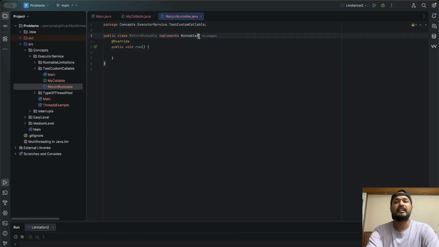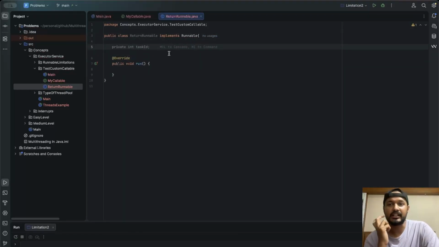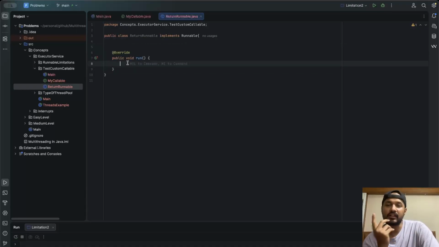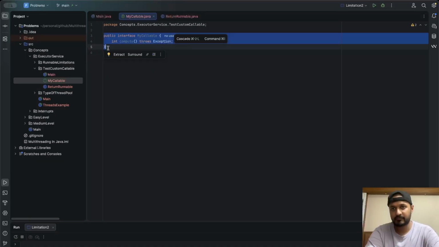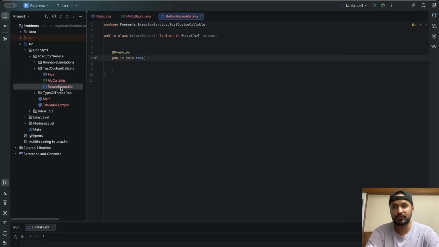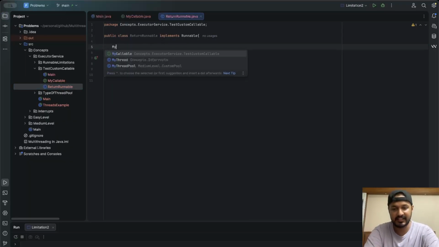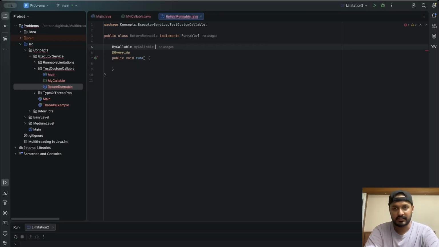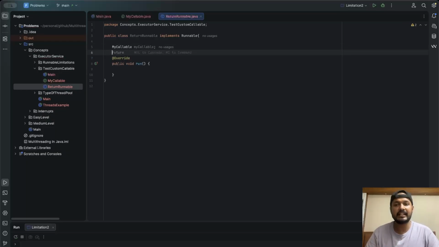Now what will we write inside the run method? We have to return something, correct? But we cannot return using run because it does not have a return type. So we have created an interface called MyCallable. Let's write MyCallable here, and then let's create a variable where we will store our computation, and then we will return it using this class.